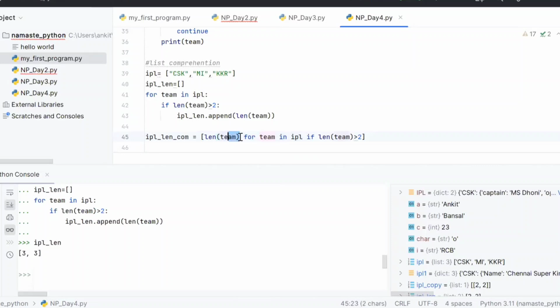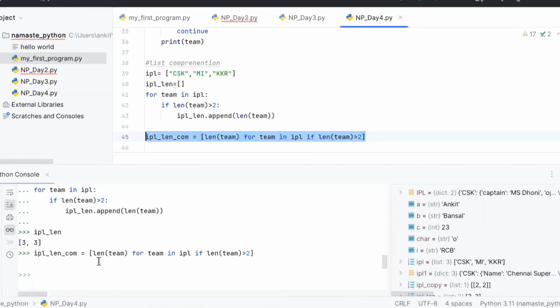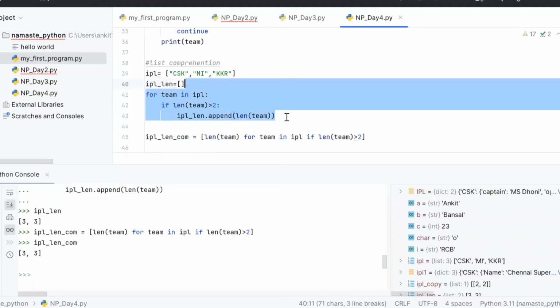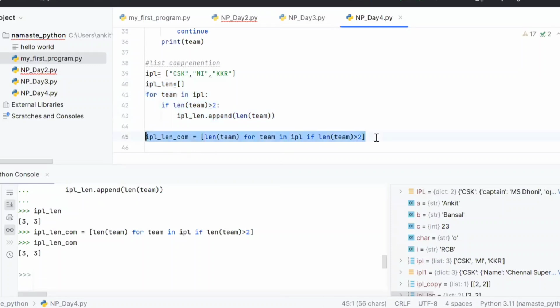The list of length of t. On top of it, if I want an if condition, I can put it here. If I run this again and print it, you will see 3 is there. So this code is how many lines? 4 lines. We have to declare this empty list and then append it, so 1, 2, 3, 4. I am just able to do it in 1 line. This is all about list comprehensions.